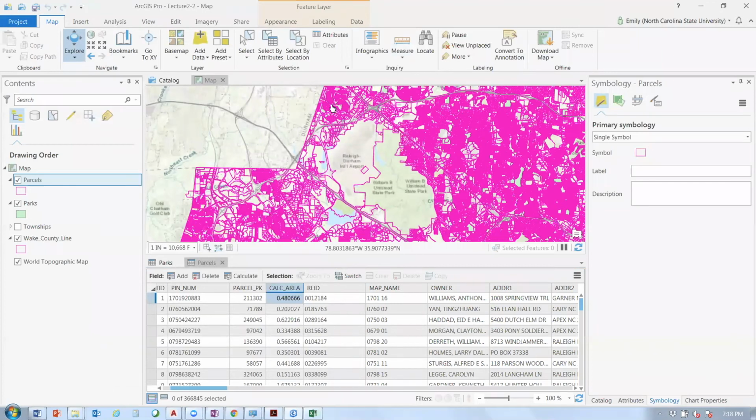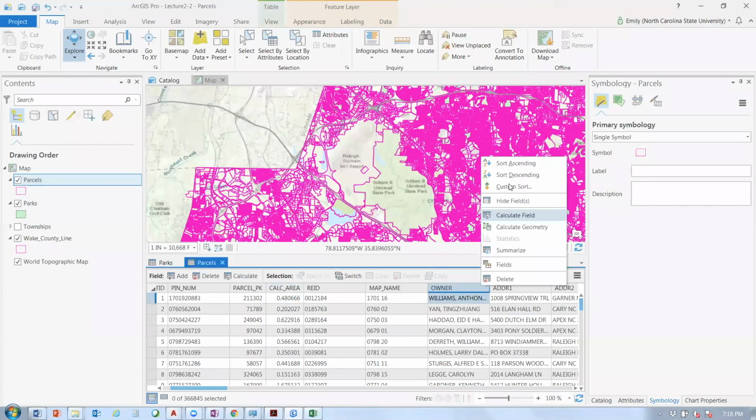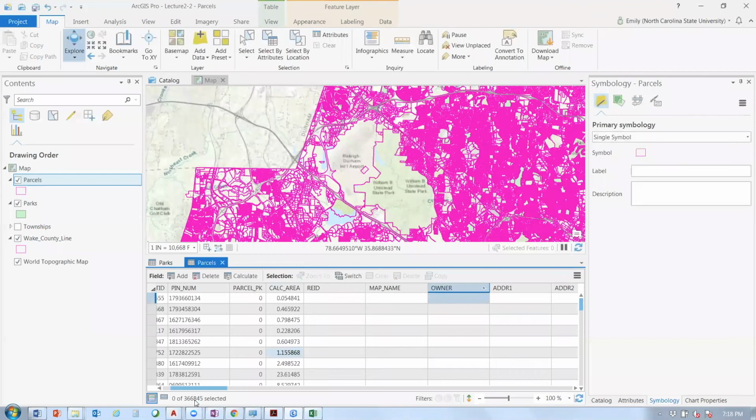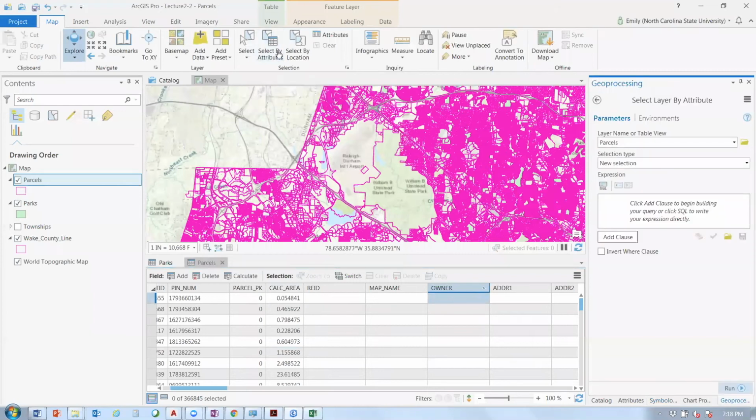So there's a couple of different ways that we can do it. We could sort the owner column by ascending and then scroll down to the R's. But with 366,000 records, that might take us a while. So maybe a smarter way to do it is to select by attributes. So let's use our Select by Attributes tool. We're going to select parcels. We're going to create a new selection, and we're going to create an expression